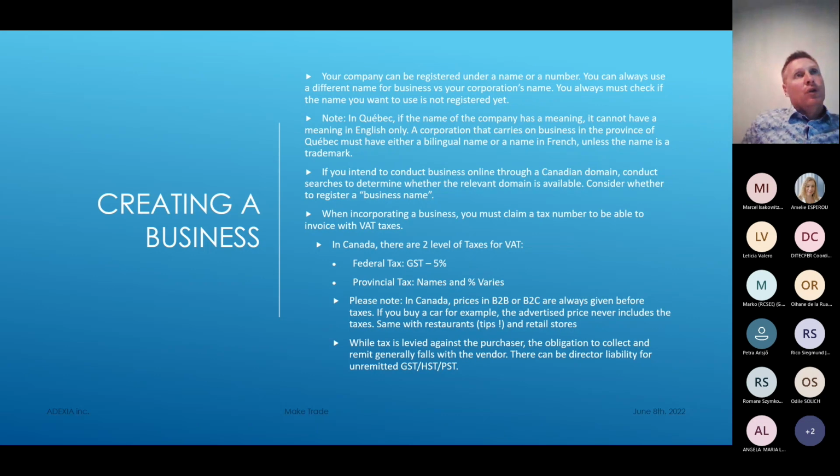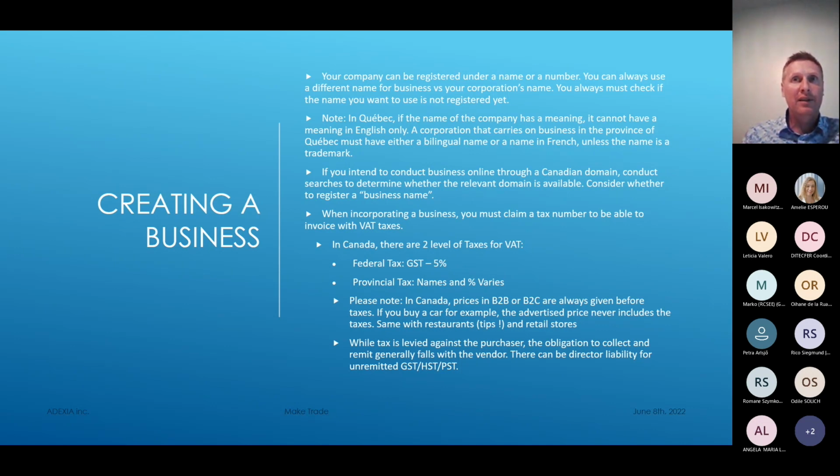So in terms of incorporating the company and registering a name, you can register a company under a name or under a number. The name that you register your company under doesn't have to be your commercial name. Those can be two different subjects. You must always check that the name is not used already in the company register. And if you decide to incorporate your company in Quebec, you need to make sure that the name of the company doesn't have a